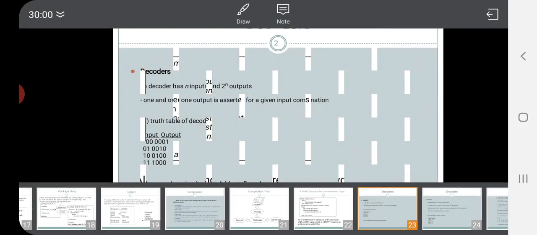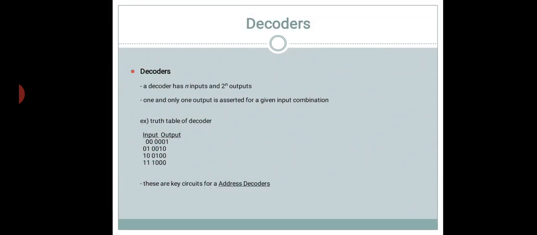Let us consider another example, a decoder. If I want to design a decoder, what is a decoder? A decoder has n inputs and 2 raised to n outputs. The truth table for the decoder is represented here. When the input 0 0 is applied, the 0th output line will be activated.